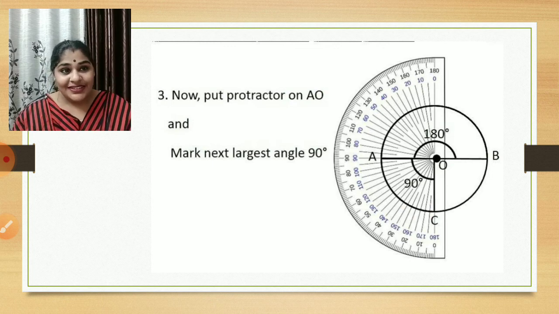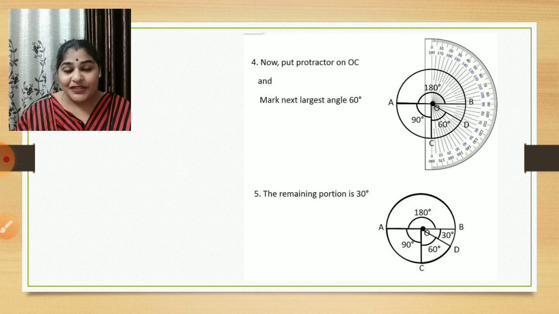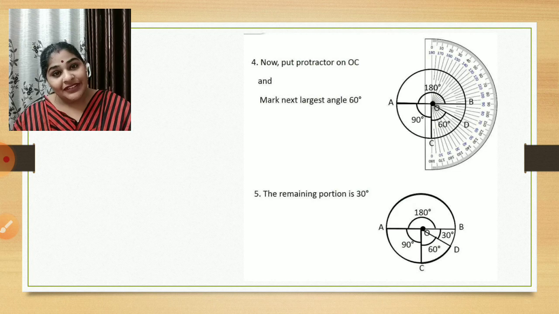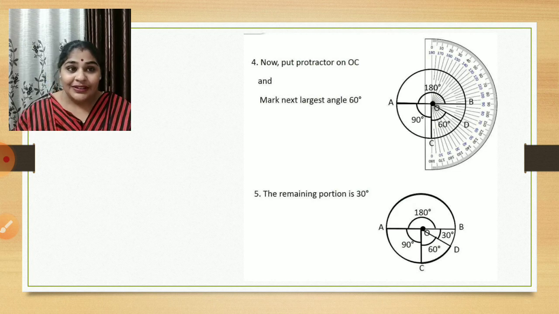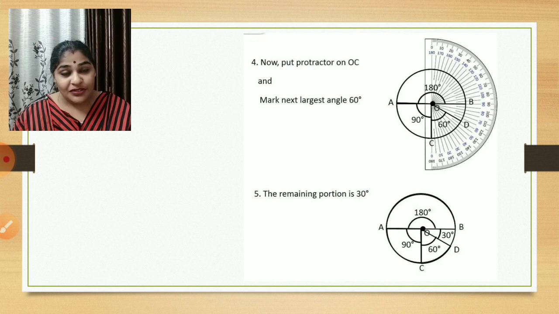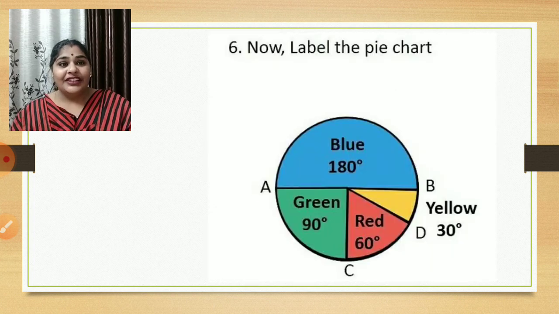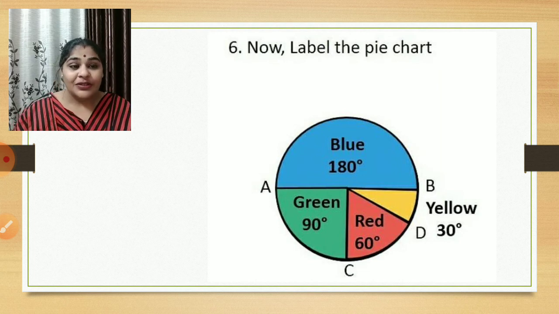angle. So next is your 90-degree angle, and which is OC. Okay, your third sector. And next one, your fourth sector is of 60-degree, and your remaining portion will be of 30-degree. So it depends from where you are starting. Okay, so one by one draw all the angles. These all steps no need to draw separately, children. You are going to continue this in one circle, that is you are going to draw one pie chart. Okay, so finally your pie chart will look something like this.